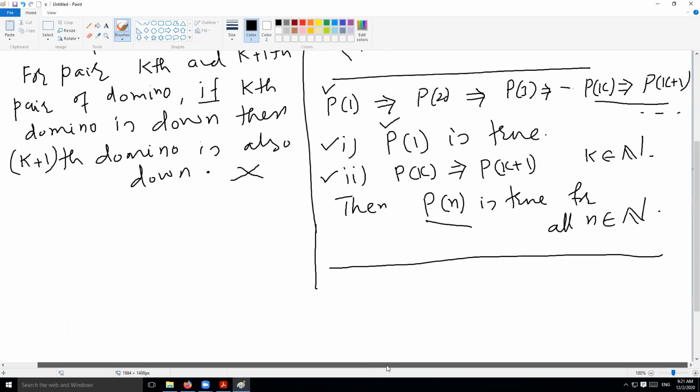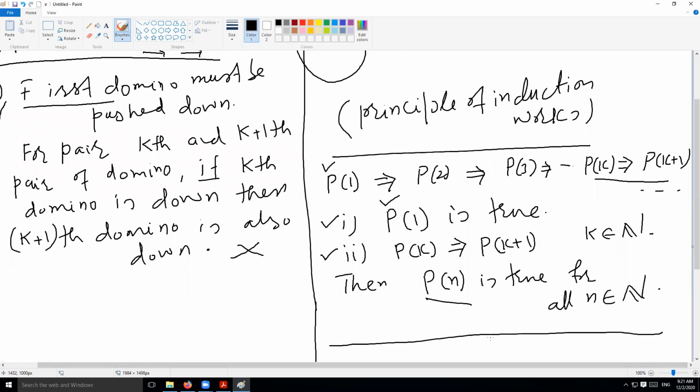If you have understood the principle of induction, let me do one example on it, and then I will also prove why this principle of induction is true. So is there any question on it? Have you understood the principle of induction? Yes, sir. Good. You may also reply in chat actually. If you have a question that you want to ask quickly, you can also ask in chat if you wish.